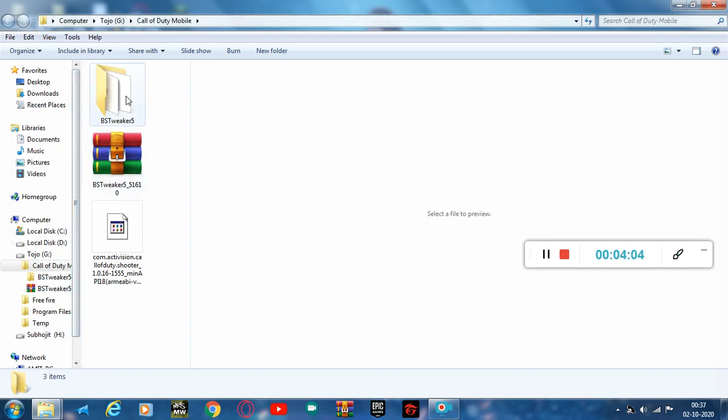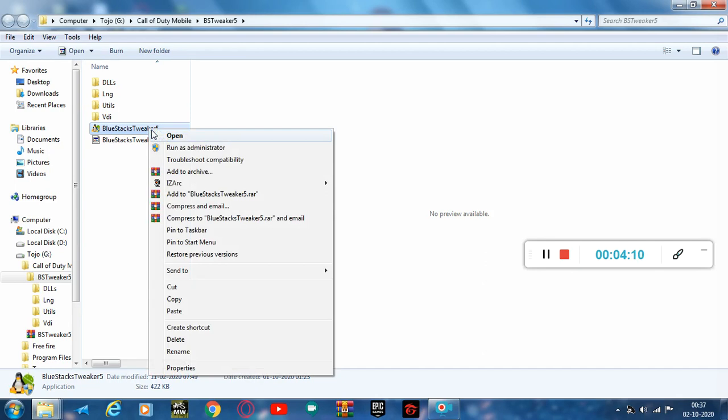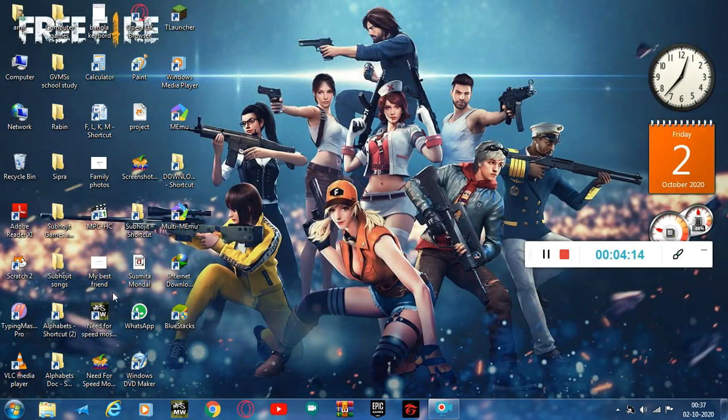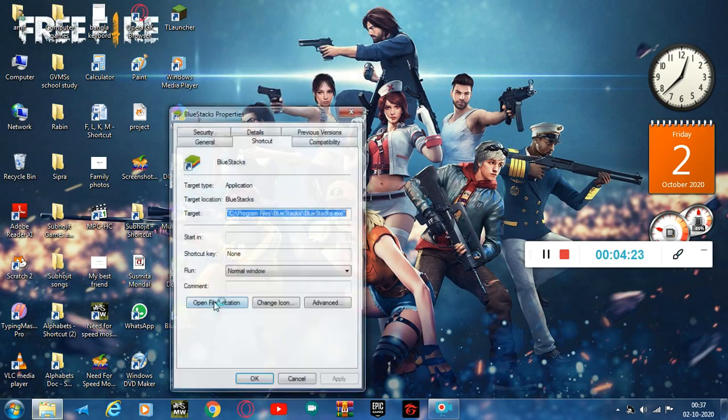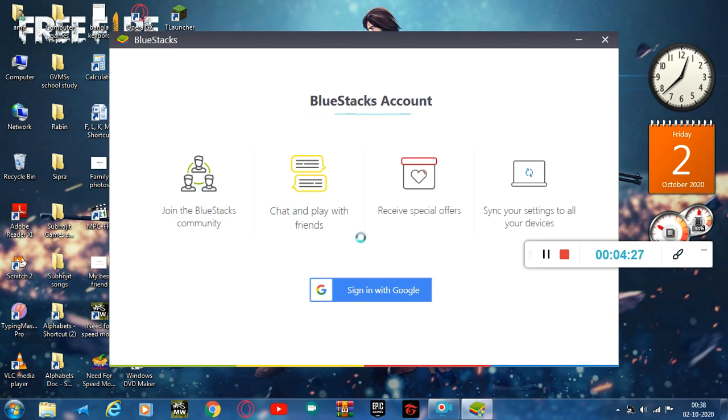I will give the link. So here, this BlueStacks Tweaker file, we will click on it and run as administrator. But first we have to open our BlueStacks. Yes, so wait. So it is asking for a BlueStacks account.